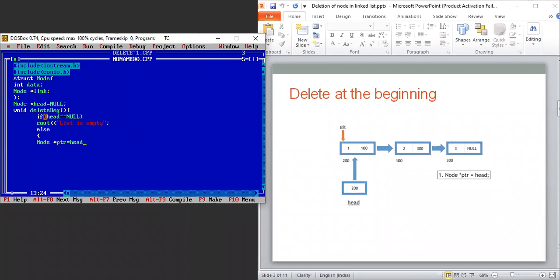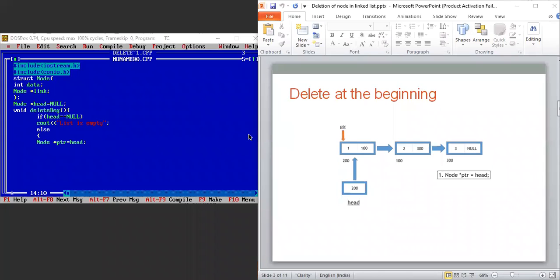Now what will happen here? If I come again to the PPT portion, you can see that I want to delete this particular node. Now my head will point to the next node, so head will link to the link portion of your PTR node.